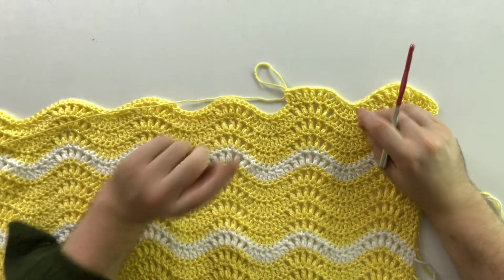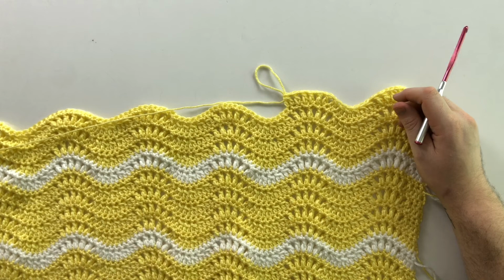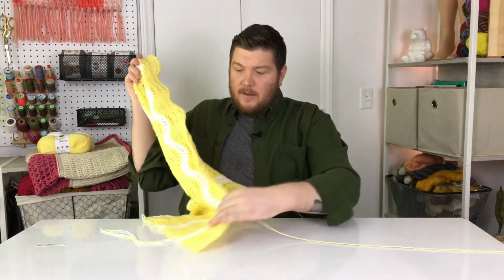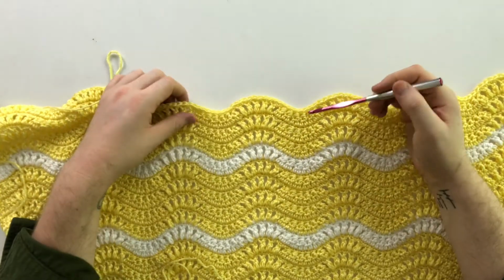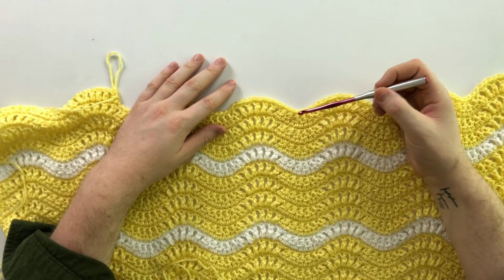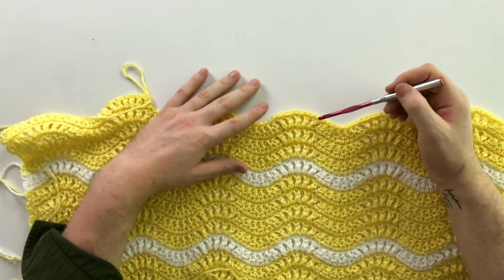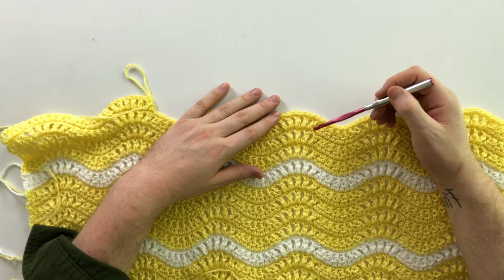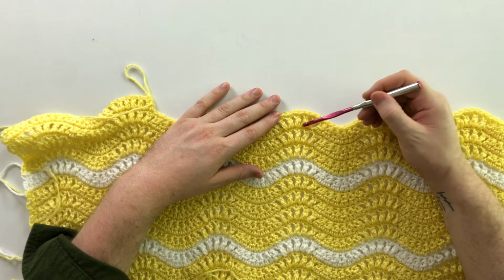Now, the other tip is on your next row. So after you've completed your right side row, your wrong side row, which is the next row after what I just showed you, is just single crochets. You just single crochet all the way across. But it's important that you're putting your single crochets into the correct stitches. So you're going to single crochet in each of those double crochet 2 togethers. You'll single crochet in the chain spaces and in the cluster stitches, all right? So you'll make sure that as you're single crocheting, you're working into those chain spaces and into those cluster stitches,